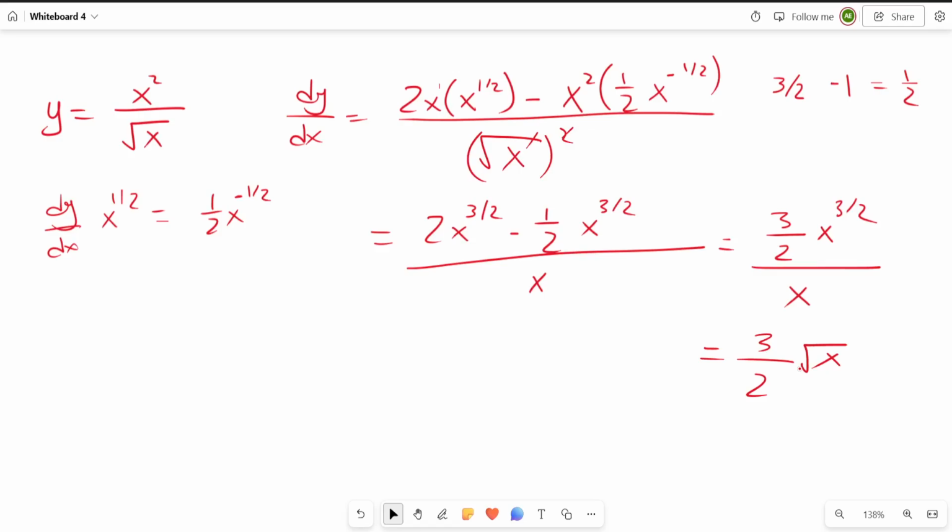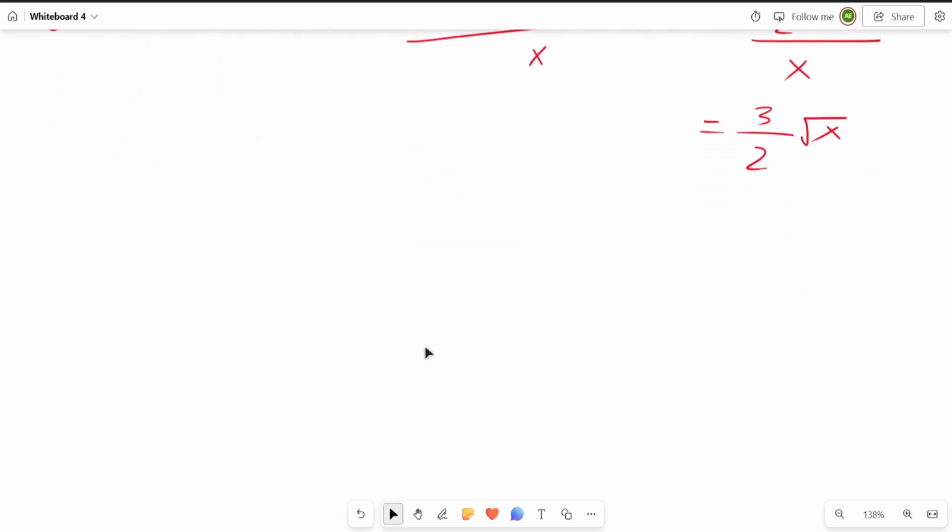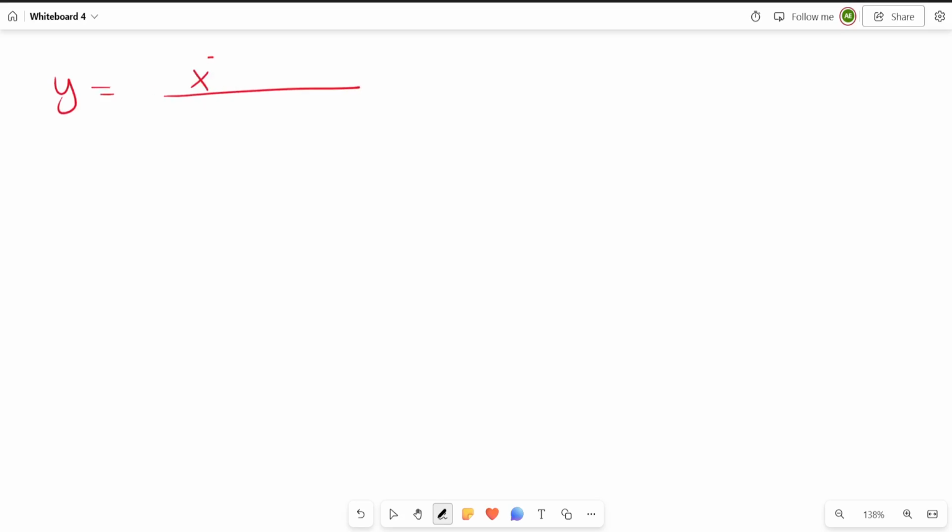Right. Let's take another example. Let's say y equals x squared plus 1 over x squared minus 1. Again, let's do the same thing. So our dy by dx is going to equal the first function, or the derivative of the numerator function, which is derivative of x squared plus 1, that is 2x, multiplying g of x, which is x squared minus 1,